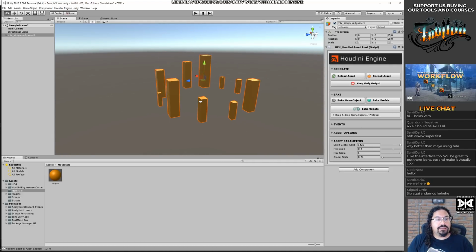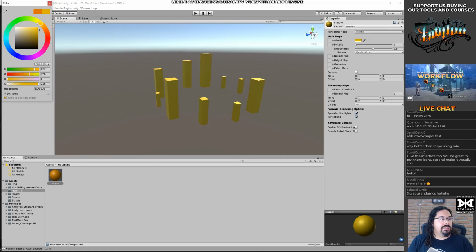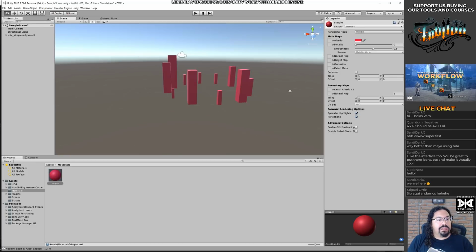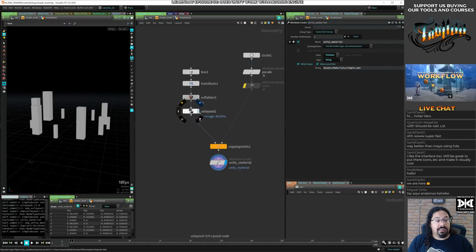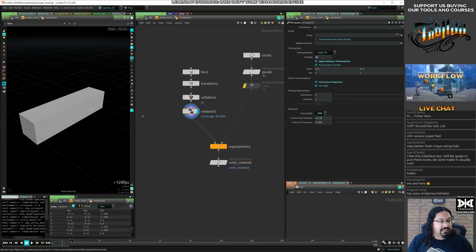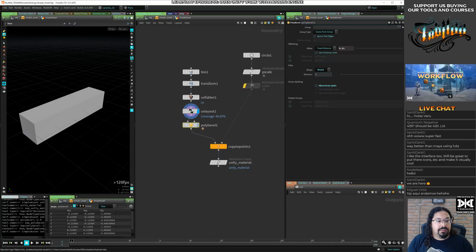Woo! Alright. Okay, so let's see. We are using this material now, right? So we're using a Unity material from Unreal, which is great. I love my automation stuff. I don't want to be doing stuff twice, thrice, and whatever ice. Let's just do some. This box, it's a little bit too simple. Polybevel this guy. Polybevel it. Yeah. Now that looks better.